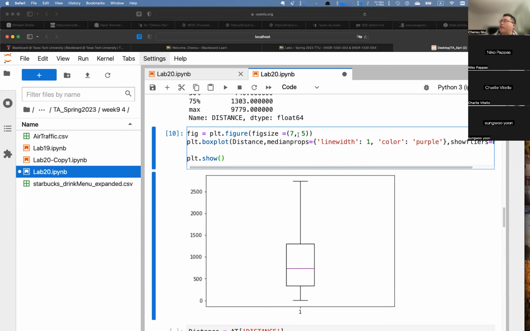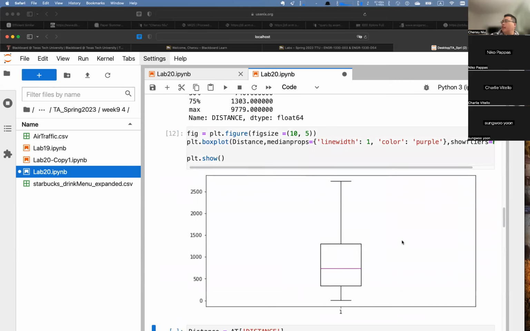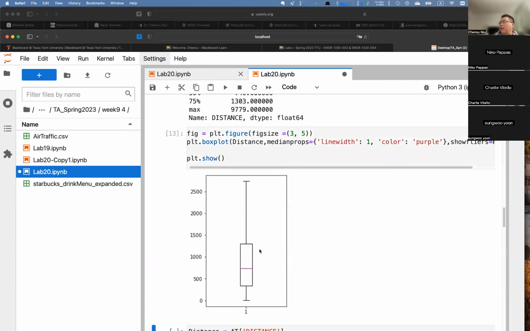So here for instance you can try 10. So you see it's a little bit larger because the width here is larger, and then the height is the same, right? And if you want to set it like 3, perhaps you see here it will change the size of your figure, and